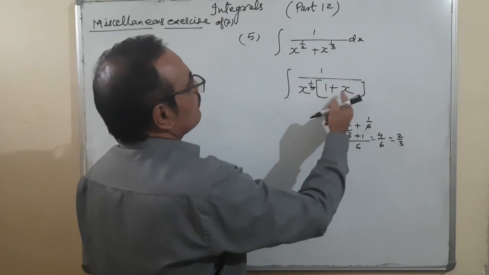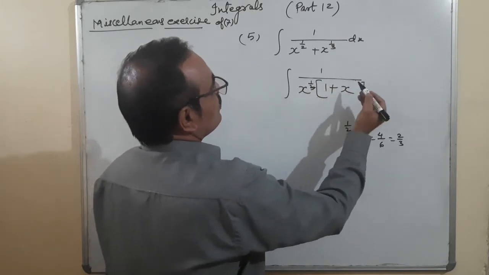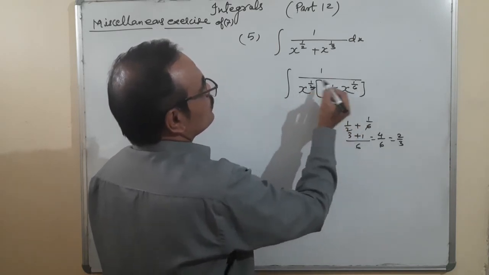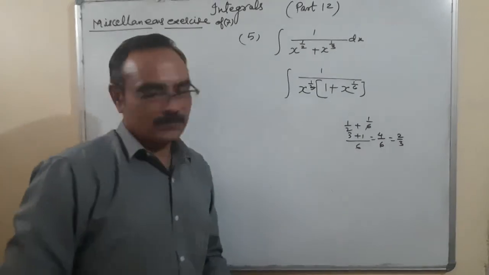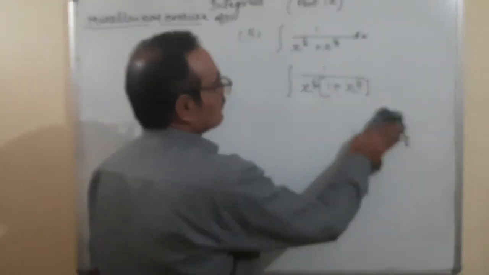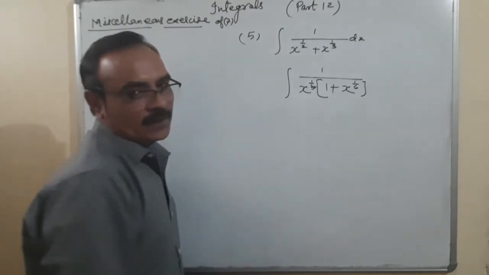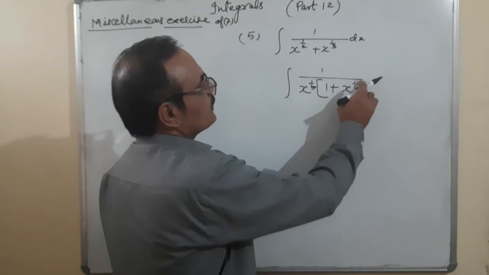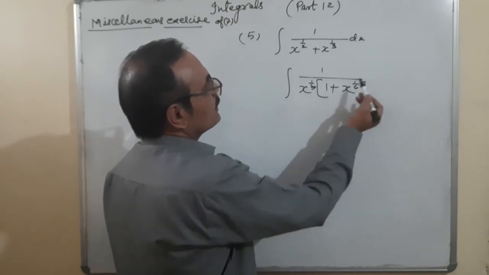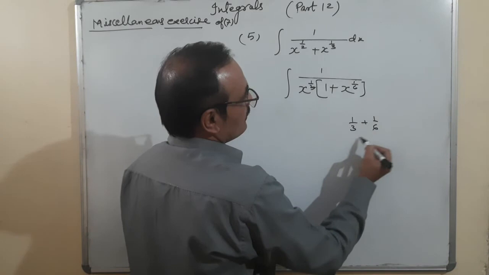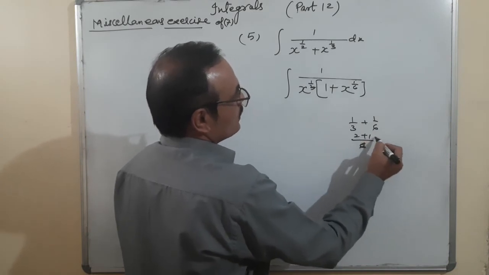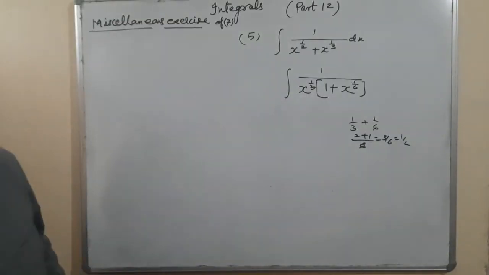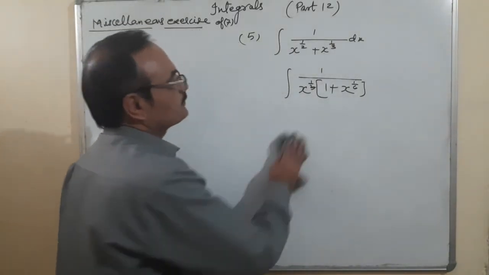It is 1 plus, what to write here? 1 upon 6. Okay, 6, it is 2 plus 1, 3 by 6. Now is that okay? So better to take x to the power 1 by 3 common. Got it? Because we are creating the term into the form so that this is 1 and the remaining term is 1 by 6. 1 upon 3 plus 1 upon 6, it is 2 plus 1, 3 by 6, that means it is 1 by 2. Got it? So that means x to the power 1 by 3 is common.